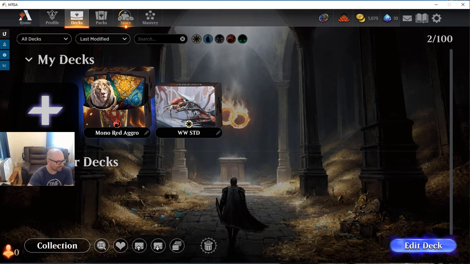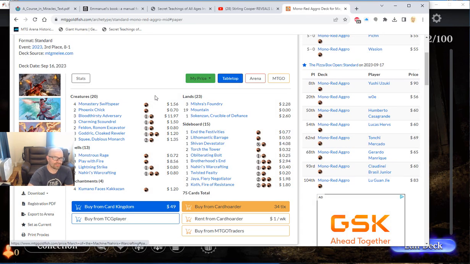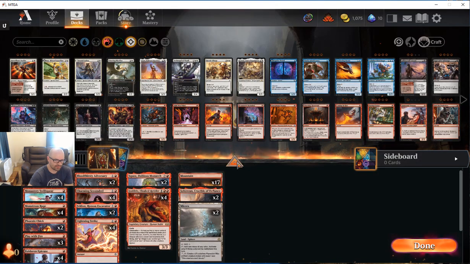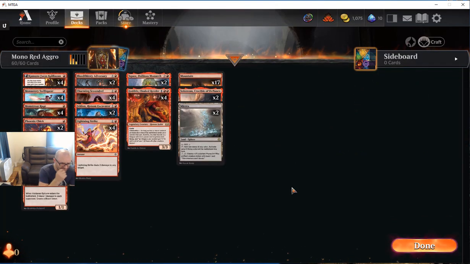I had a look at a standard list. If you pull one up on MTG Goldfish, this is a pretty standard smattering of cards. But I shifted a couple things around. Anyways, to go over the reason for the cards I'm using, the all-star in this deck is Godric,